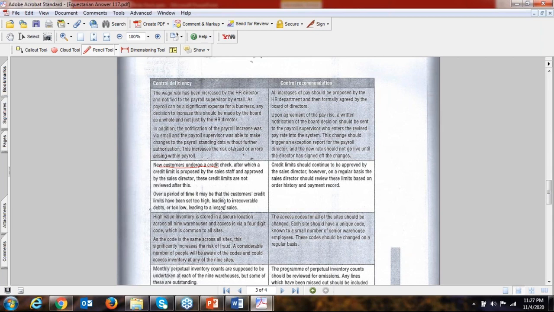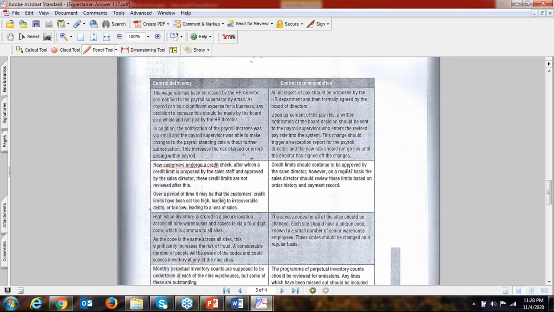So you need to mention three things in the deficiency. One thing is what is the deficiency, why it is a deficiency, and its impact. I am saying this again and again so that my sentences will always be in your mind and you will not ignore it in this coming attempt. So what are the three things? Mention in the question box, please. What is the deficiency? Why is it a deficiency? And its impact. Now, we will read the recommendation.